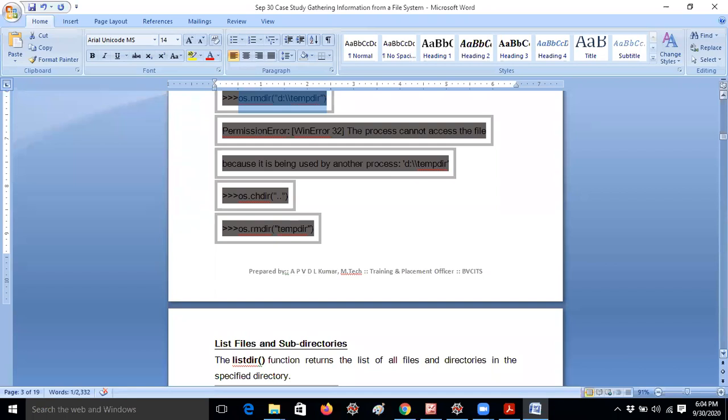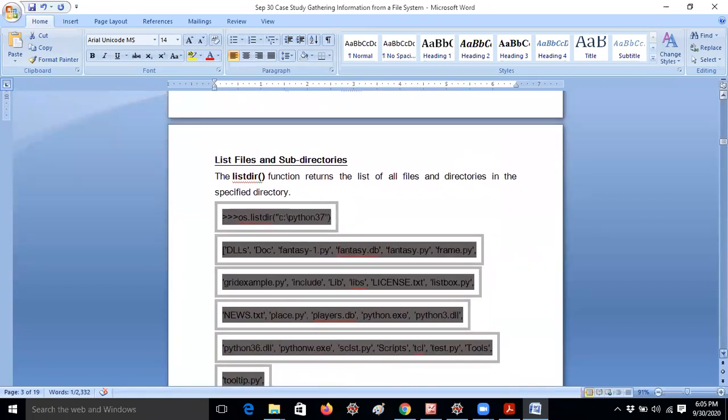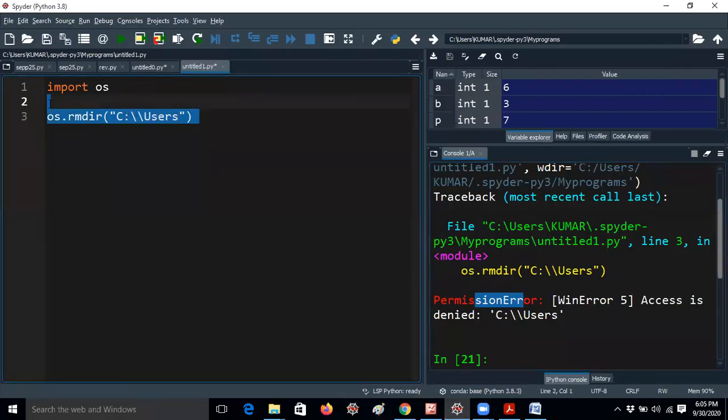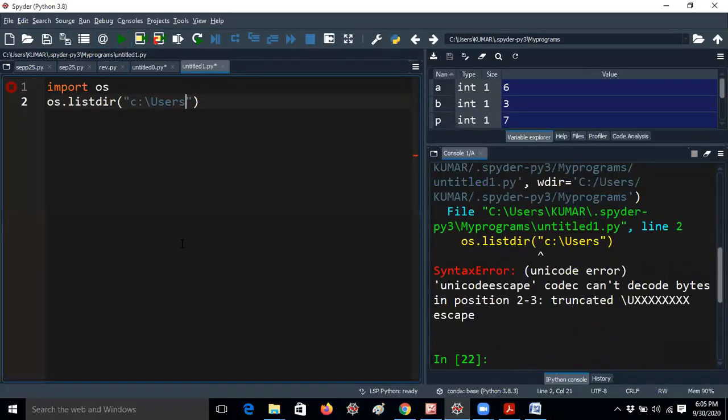If you would like to view all the files in the directory, for example, I would like to give os.listdir. That means if you want to retrieve files in a directory, how to do it, this is the question I would like to tell you guys. So here I'm giving users. Okay, let me run it guys. One minute guys. It is getting a Unicode escape error. So I'm getting / here.